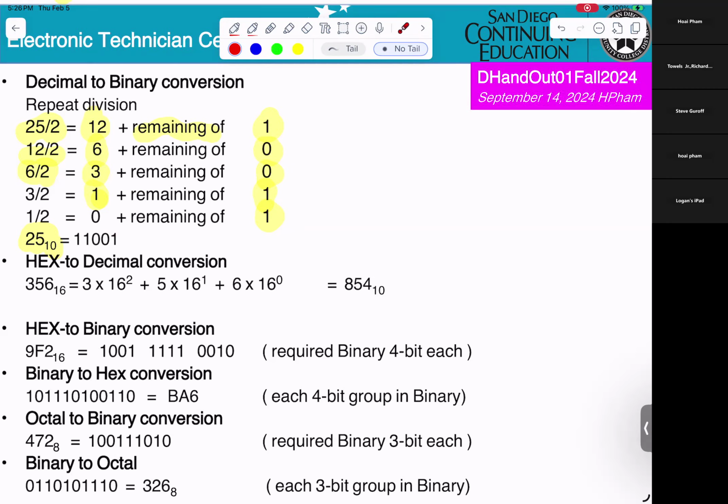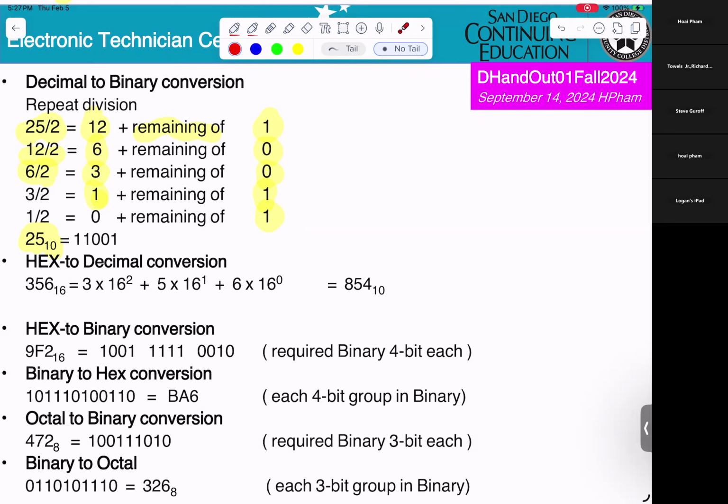Like when you type on the keyboard of the computer, you type 25. The computer cannot understand 25. The computer only understands binary. So that's why they have circuitry to convert 25 base 10 to 1, 1, 0, 0, 1. Okay? And now, next one,